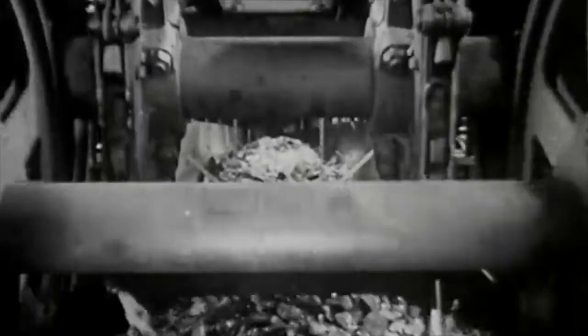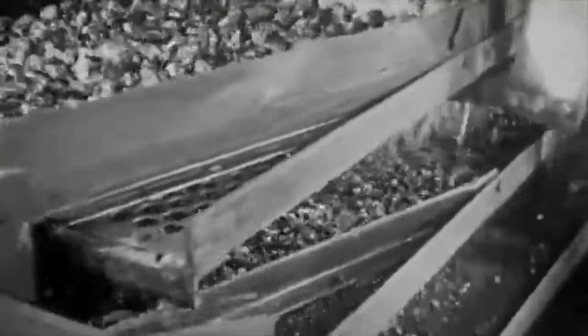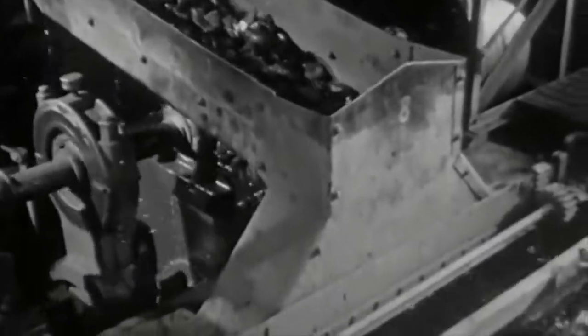From the top of the conveyor, the coal gravitates to a screen with smaller holes than the previous shakers. Generous sprays of water accompany every step of preparation. The shaker is not crowded with coal. This ensures perfect sizing. The larger coal passes over and into a smaller roll, where it is further reduced in size. Having been carefully screened, each size of coal enters its particular cleaner or cleaners for the final removal of